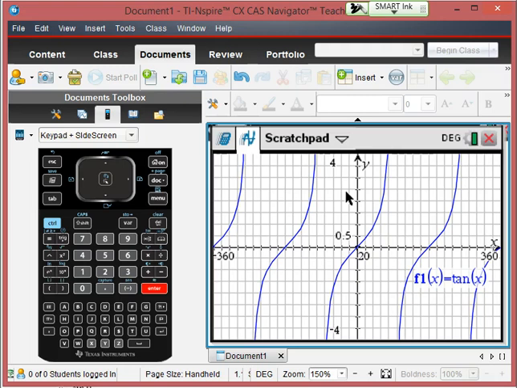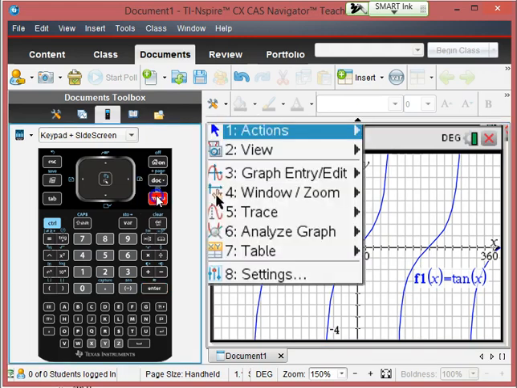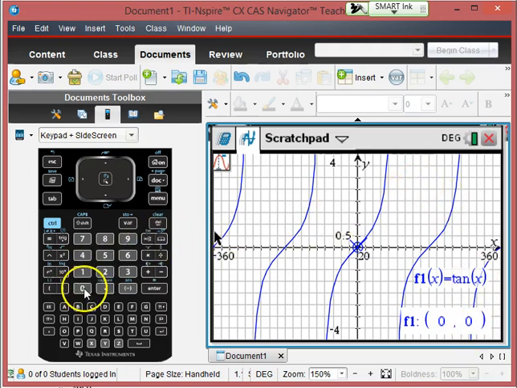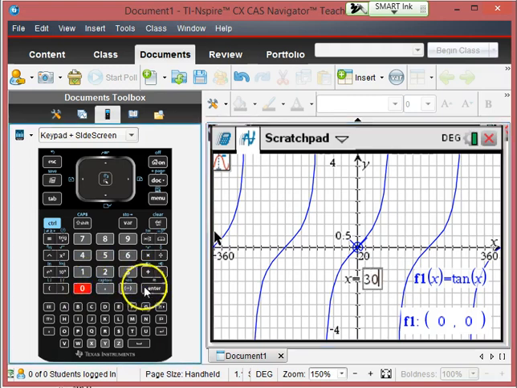I'm thinking, what are the important angles I want to see? I want to see 0. I want to see 30, 45, 60, 90, those sort of things. So if I go to Menu and Trace, one nice thing when you're in the Trace menu is you can type in any x value and it will just automatically jump to that point and give you the y value. So if I just type in 30 degrees, it'll automatically give me the 30. Remember, there was one of the points we plotted. I can type in 45 and it'll get me to